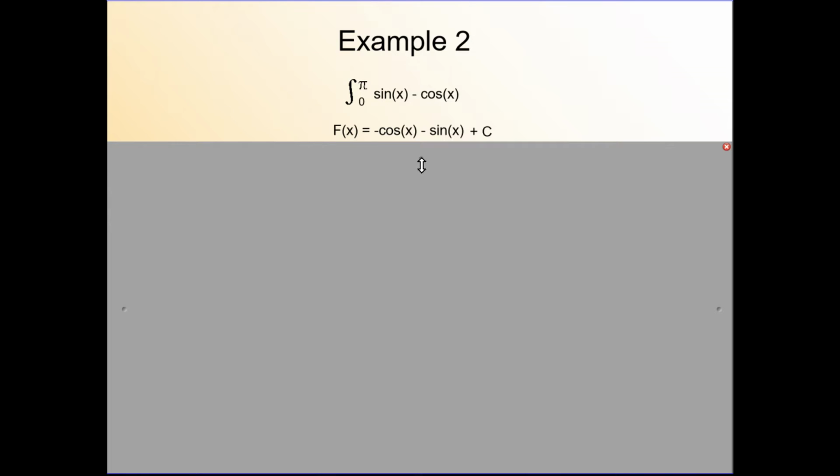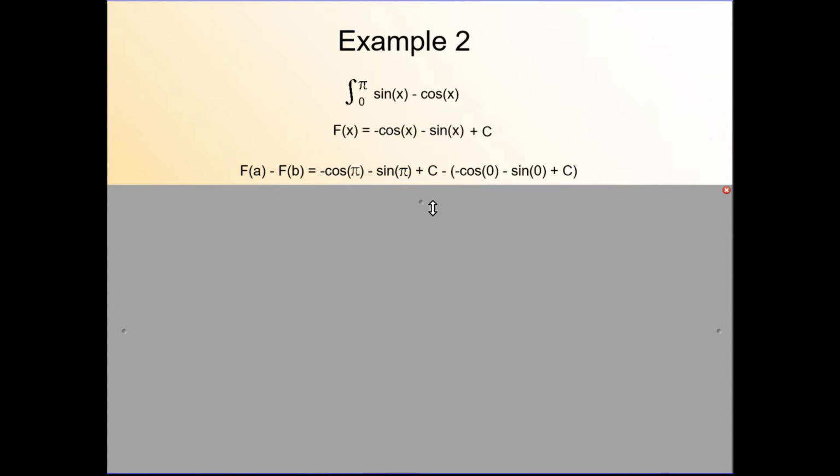Same thing with the last problem. We want to find the antiderivative evaluated at a minus the antiderivative evaluated at b. So here is that. We have negative cosine of pi minus sine of pi plus c, minus the quantity negative cosine of 0 minus sine of 0 plus c. So we just want to evaluate